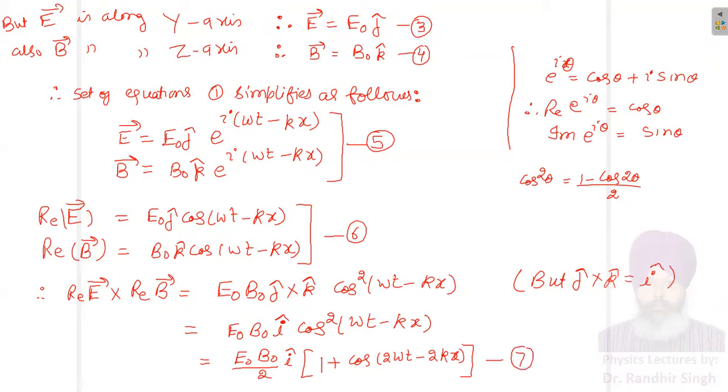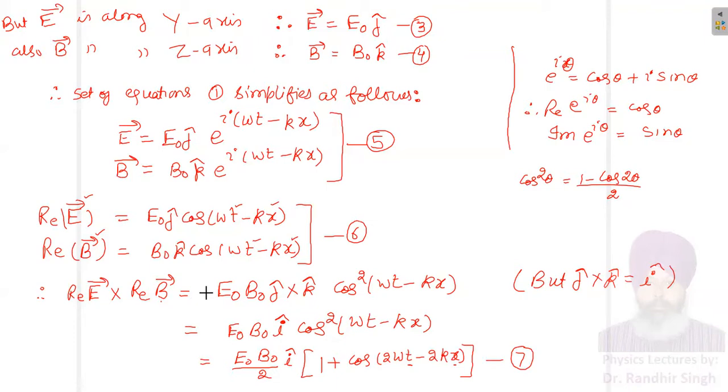So we know that the electric field is changing with respect to time and with respect to position. Similarly, the magnetic field, if you see these equations, is also changing with respect to time and position. So their values are always changing. So it will be good for us if we want to find the average value. We want to take the average value of this vector over a large period of time.